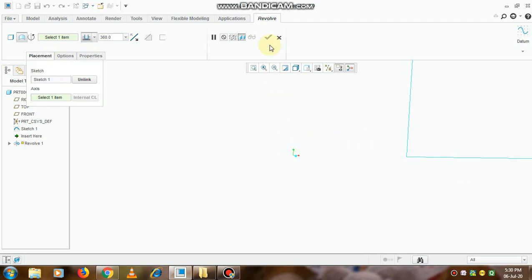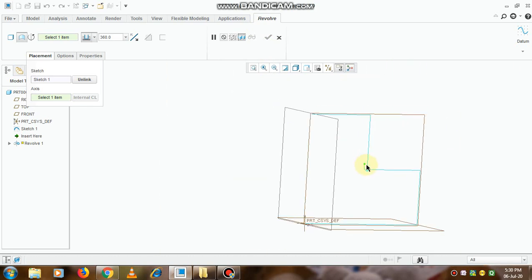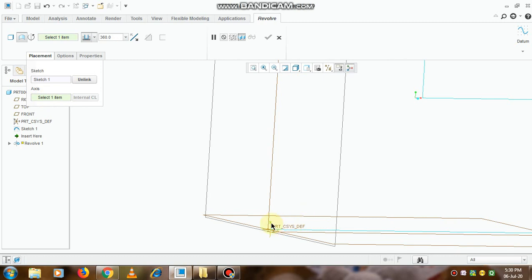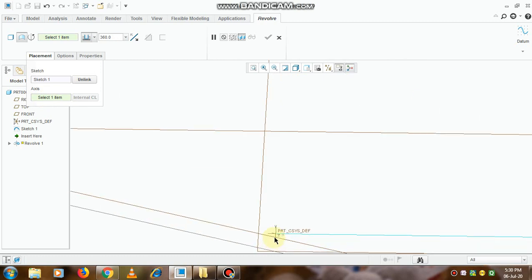The sketch is already selected. Now for the axis, this is the y axis.